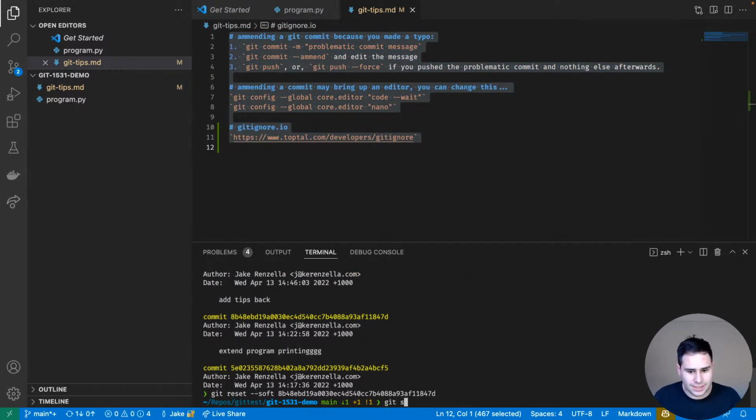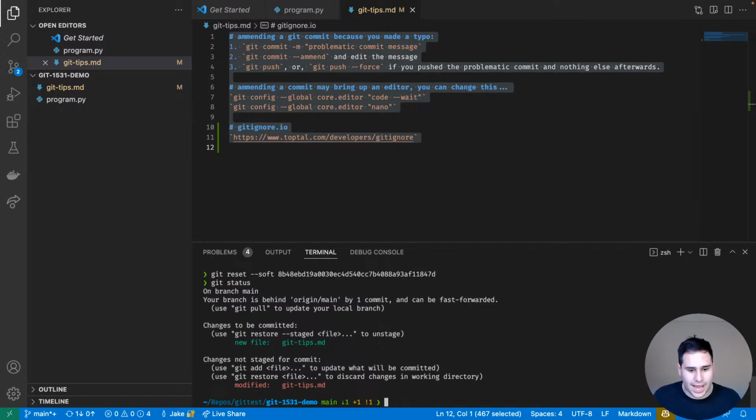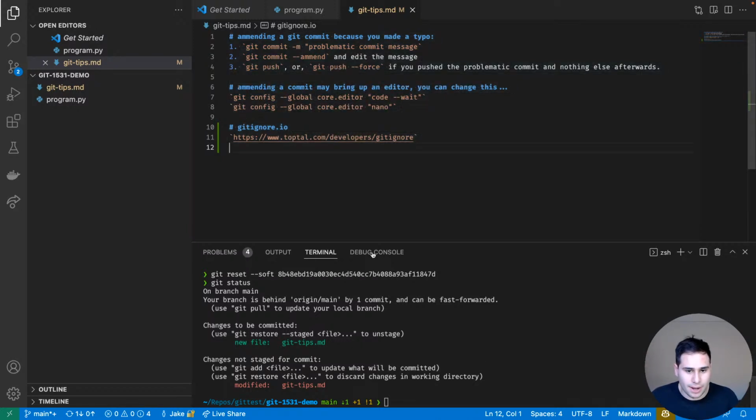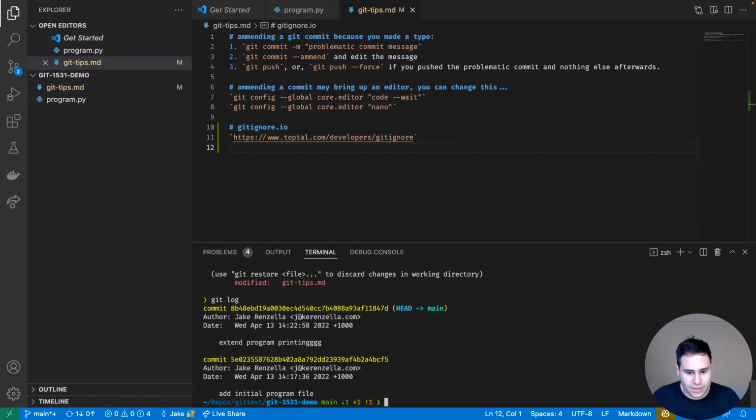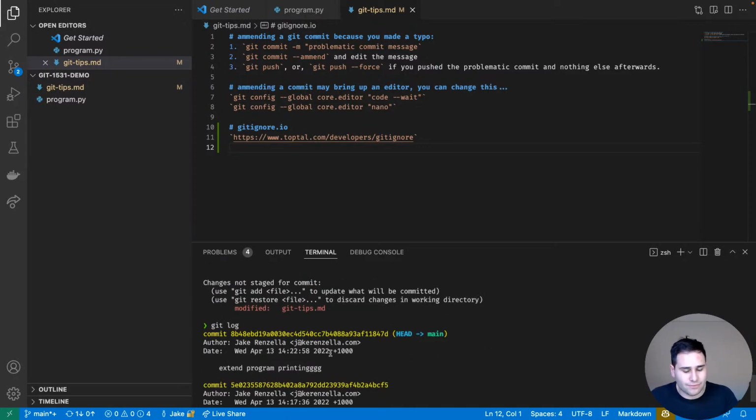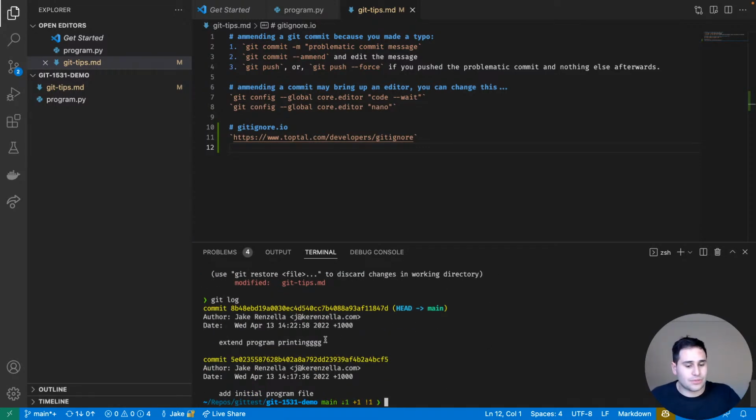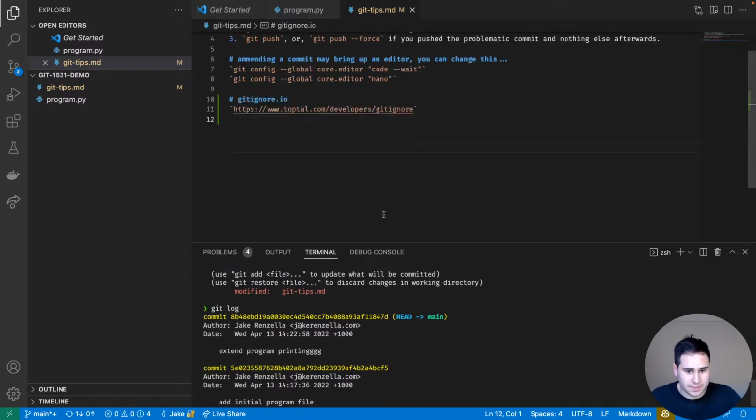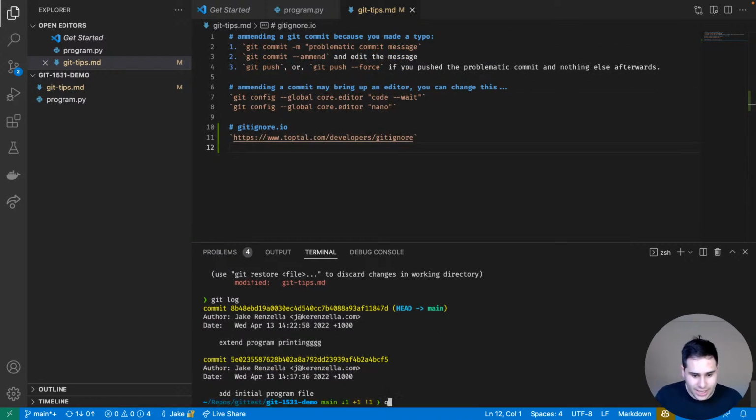If I run git status, okay, this looks good. We have two stages here. So it turns out I probably didn't need to add it, but it's going to be fine anyway. So we've got the addition of the entire file, and we have the addition of the line, both staged separately. So if we view the git log, we don't have the commit that added the git tips back. So what I can do here now is go git add,